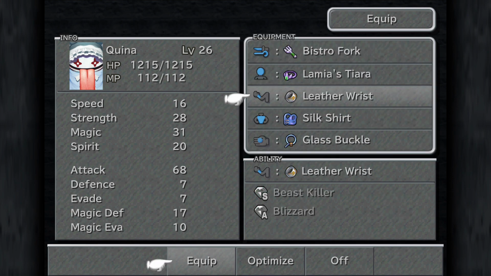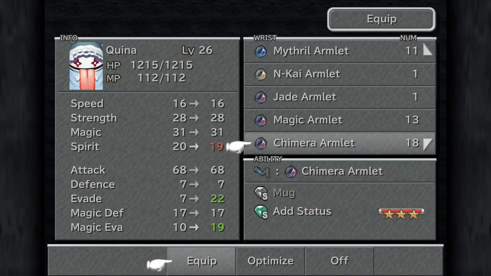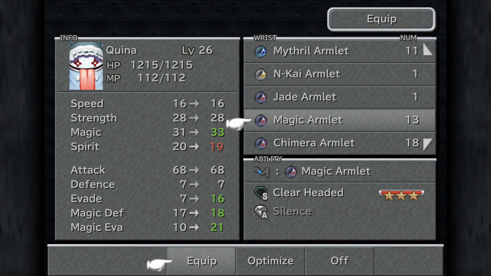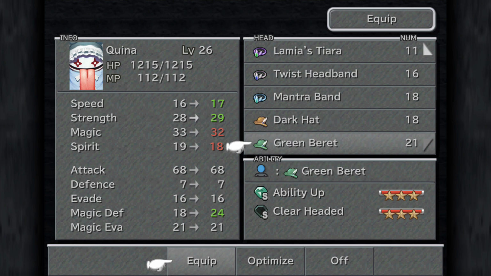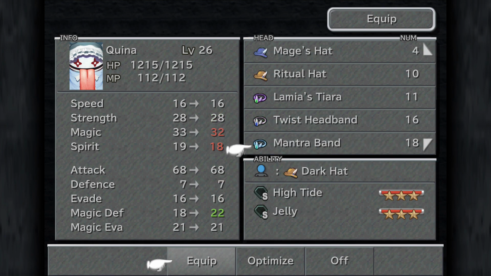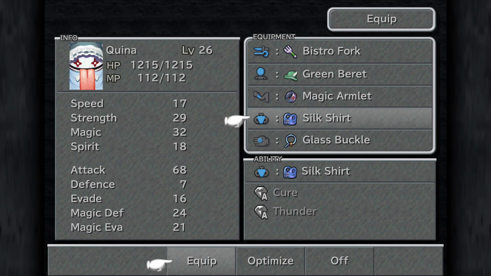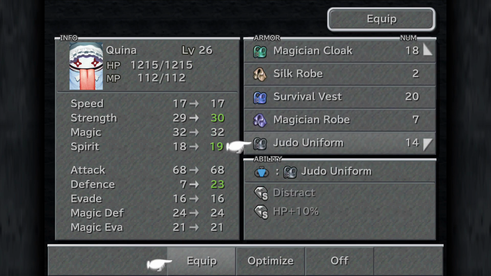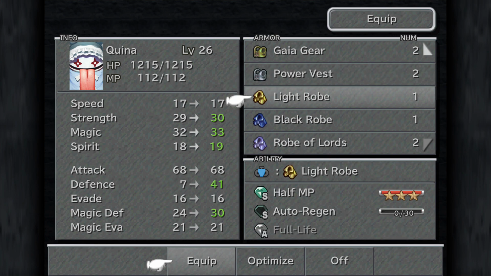Enkai Armlet does something that somebody thought was useful at some point, right? Otherwise, it's magic armlet, I guess. Green Beret might be better than Lamia's Tiara for her, because Green Beret teaches speed, and Kina's speed is the absolute worst. When I say teaches speed, I mean it can improve it a bit. Light Robe, we want her learning... Oh, she doesn't have auto regen yet. That's a shame. That's a really good skill. Well, we need her to get it eventually, but...